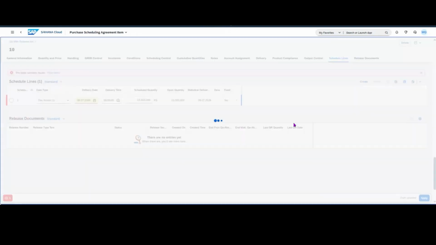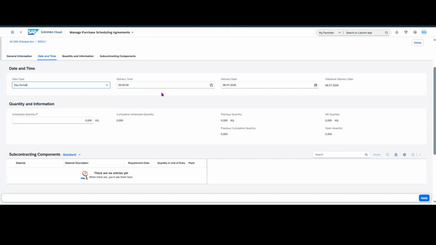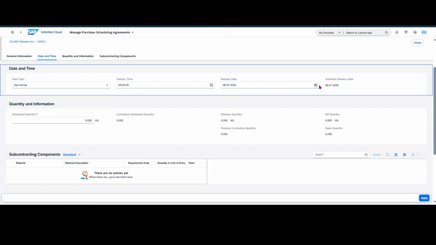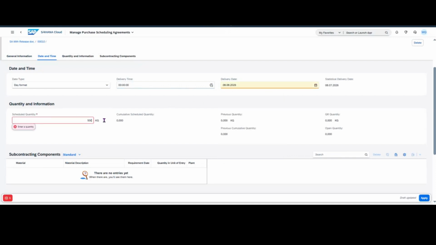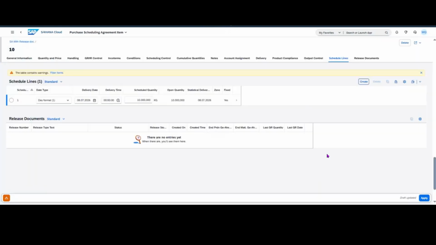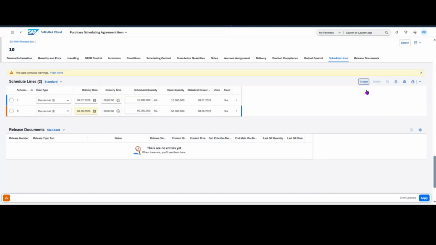Add a new one. For example, for the next month. So you just have to change there, like this. Sorry, 5000. Okay, apply, continue, create